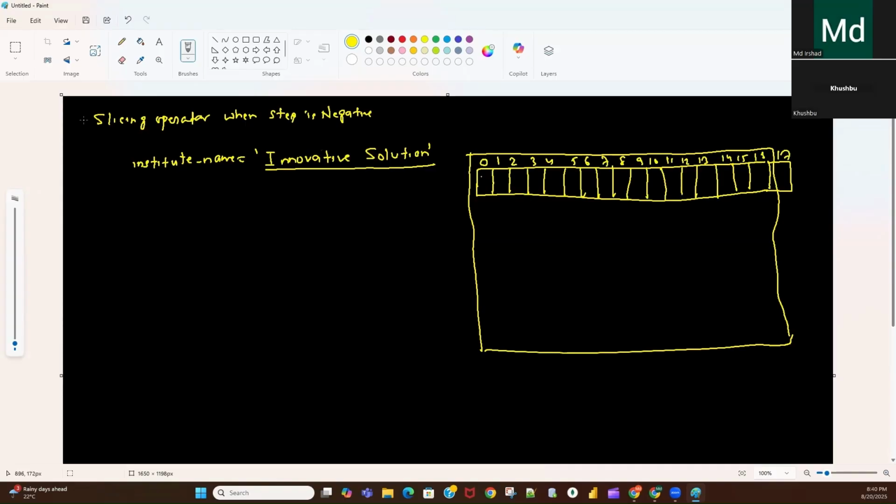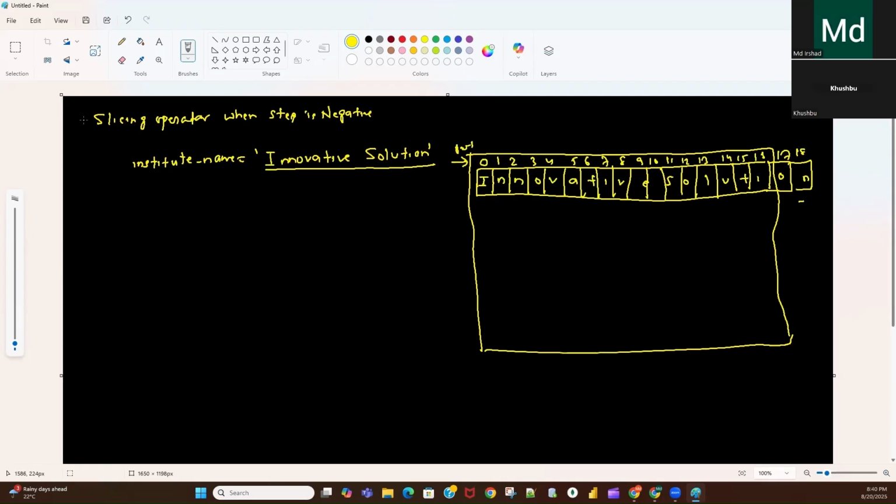So this I will be stored at the 0th index, then this n will be stored at the 1 index, then n o v a t i v e, and here a space is there, so this space will be stored at the 10th index, then s o l u t i o n, 18th index. So this is our positive index.